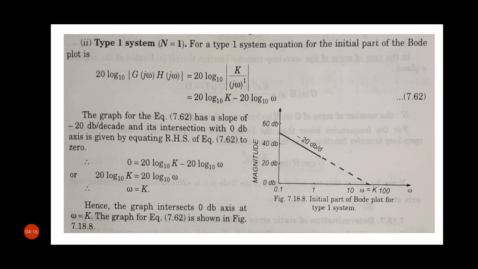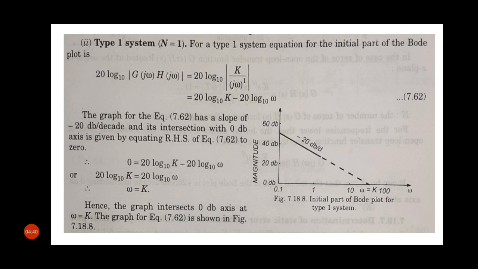We can write this equation this way also: 20 log 10 mod of k divided by j omega is equal to 20 log 10 k minus 20 log 10 omega. Okay, and the graph for this equation has a slope of minus 20 dB per decade,